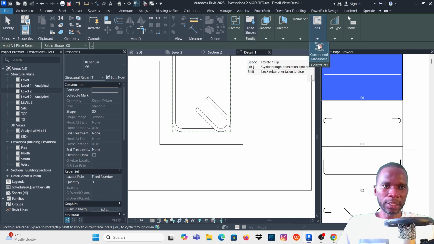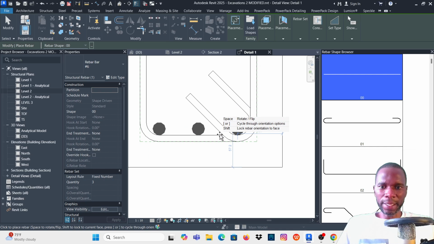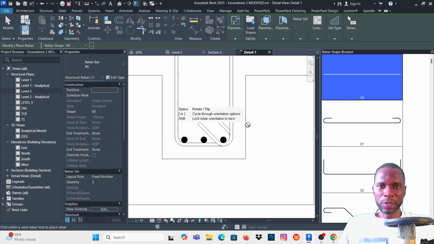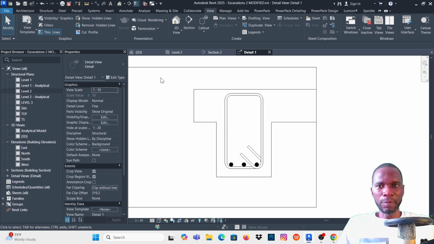So make sure that you click on it. Is it selected already? Okay, it's now selected. Constraint placement, as you can see, it sticks on the other bars, and this is what I want. I'll click on it. All right, now before I do anything, let me click on modify to escape,